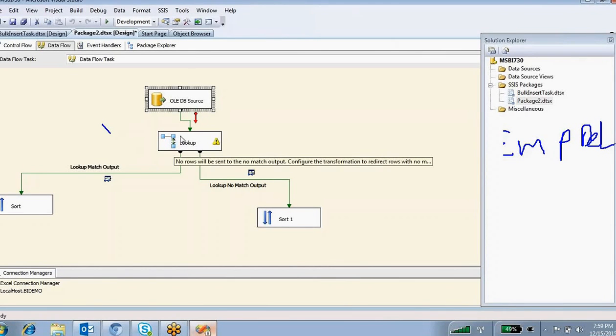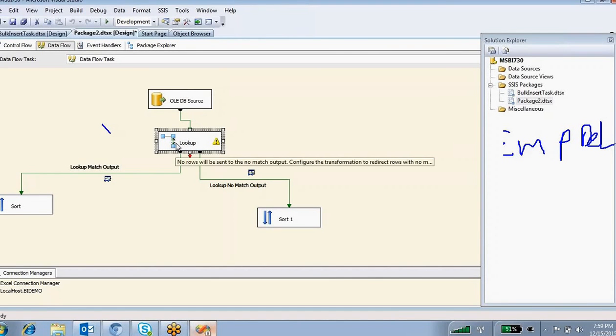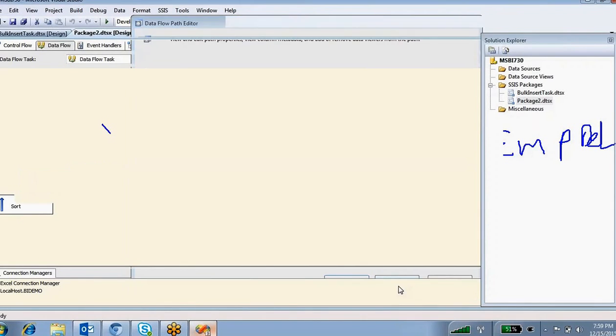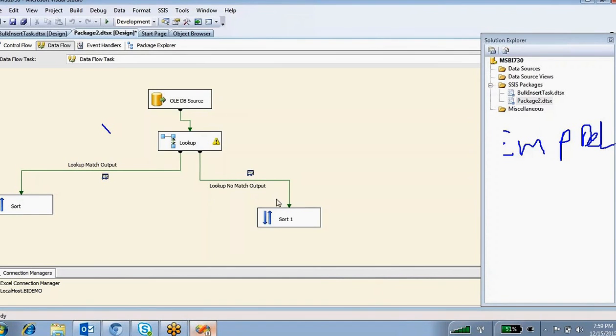For example, if you have employee information coming from the source, validation means checking whether this employee exists in the lookup table or not, based on the common column employee number. Whenever you do this lookup, if it finds a matched record, then the data comes this way. This is the lookup match output. And if it is not finding any match, then it will come to the lookup no match output.